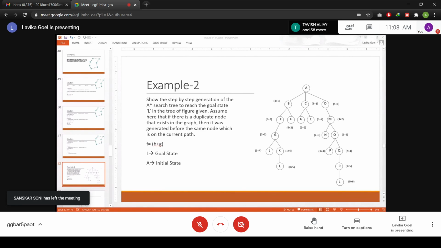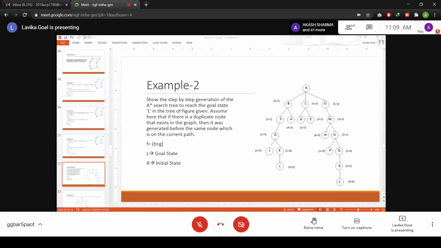Maybe it may not be an already generated node. If you reach this G through the path A, then C, then G, it may not be the case that the path through the left hand side branch of the tree is already traversed. It may not be the case that G belongs to the open list or closed list. But just for explaining how to work with duplicate nodes, in this example I'm assuming that if G occurs in this path A, then C, then G, the left hand side branch is already traversed and G is an already generated node, because I want to declare this G as a duplicate node. That is why.